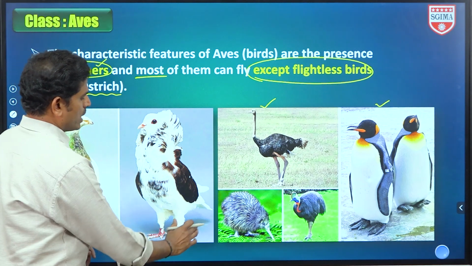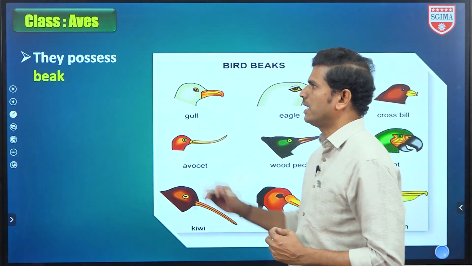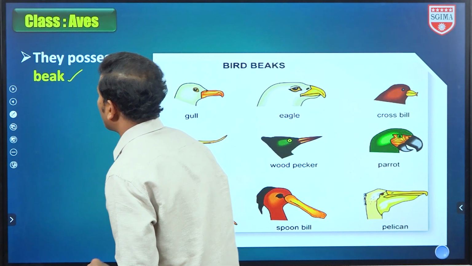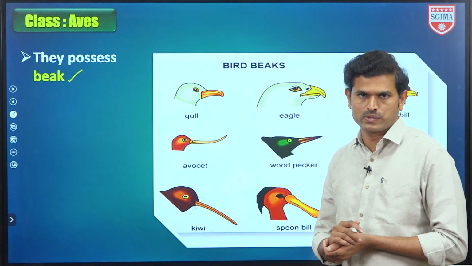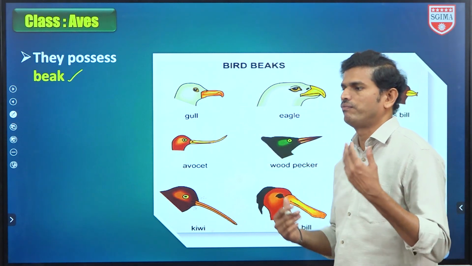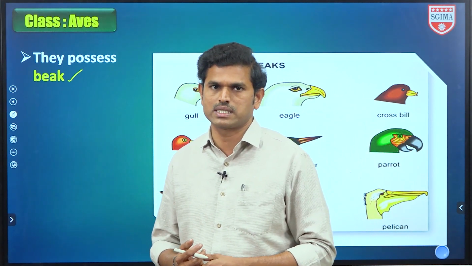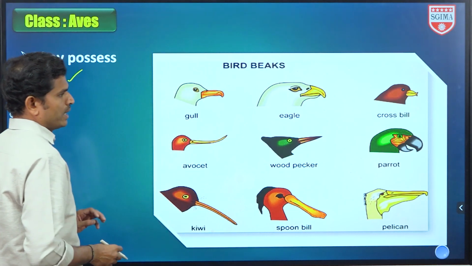Next slide. The next point they have given is about the beak. In morphology, one more point is the beak. So what is this beak? Beak is a part of the exoskeleton. These birds contain an exoskeleton that starts from the beak onwards: beak, feathers, and scales on the legs, claws. These are the parts of the exoskeleton. So they possess the beak.